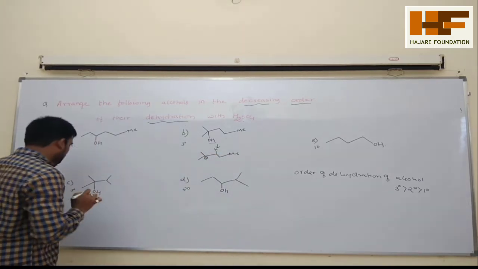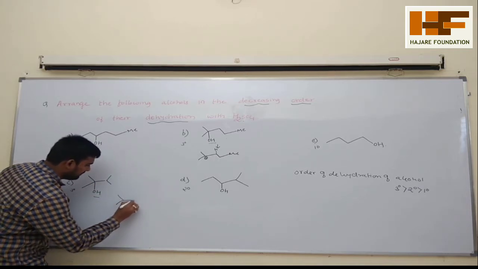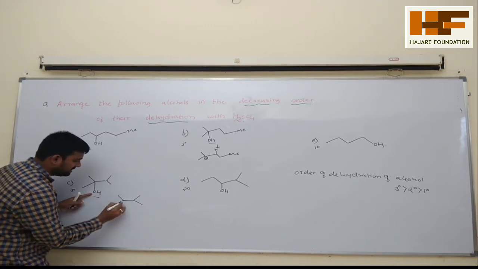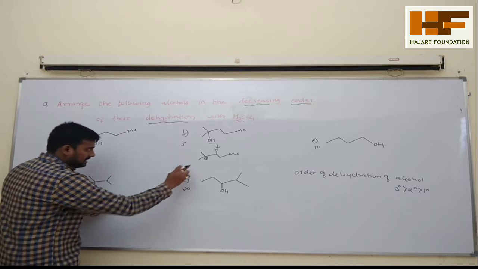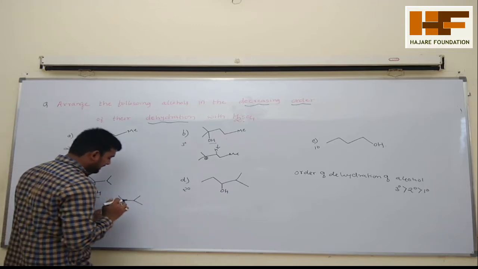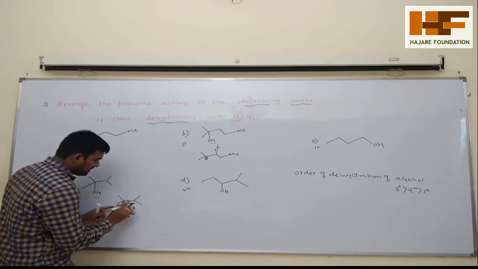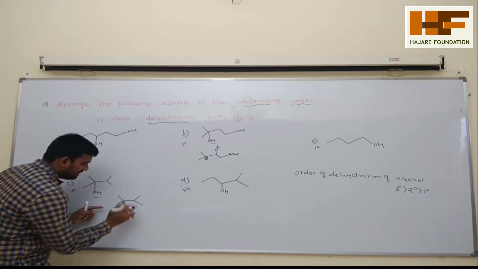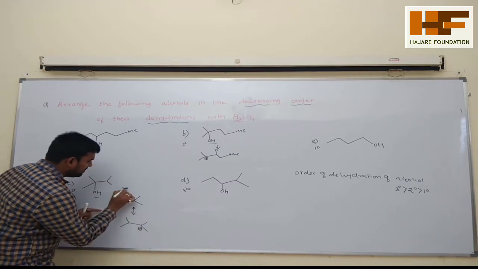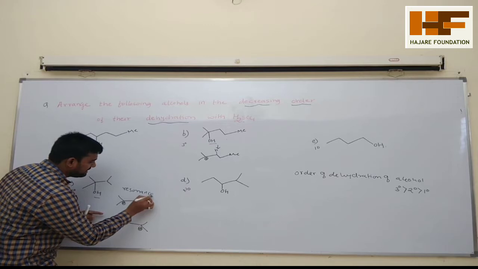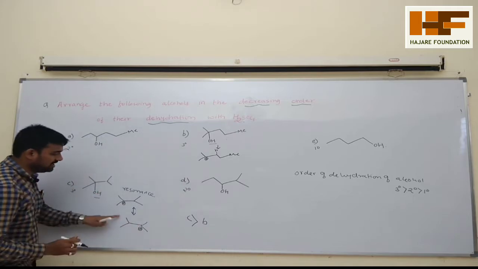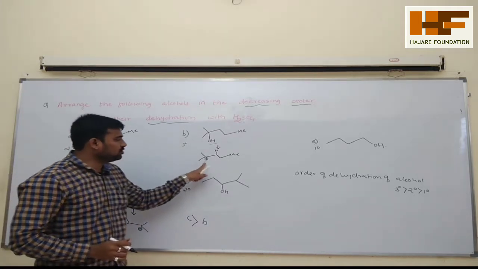The same thing in the case of this one. I will write the structure. If I remove OH by using H2SO4, it forms the H plus. Between B and C, all are tertiary carbon atoms, no problem. But in this case, what happens? It will undergo a resonating structure. This positive charge will come to here, so you will get a structure like this also. So resonance takes place. That's why this is more stable. Option C is more stable than option B because of the resonance. There is no resonance taking place here.